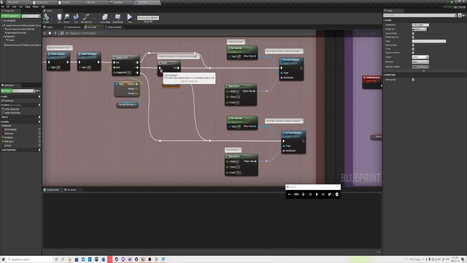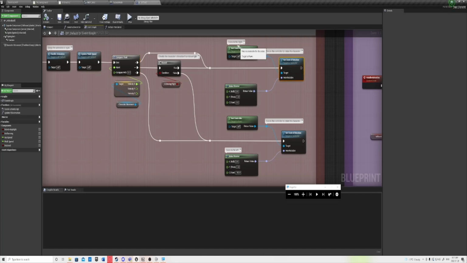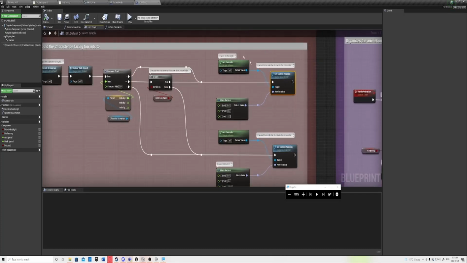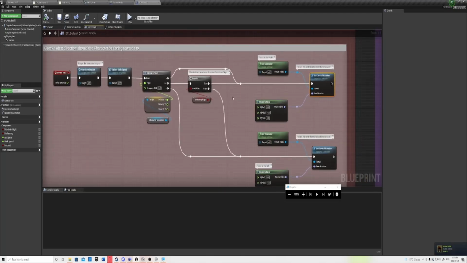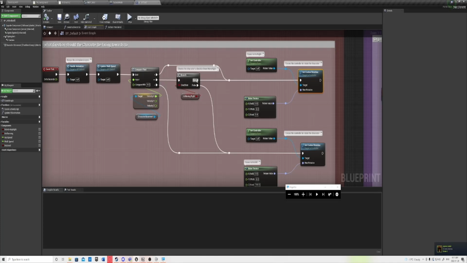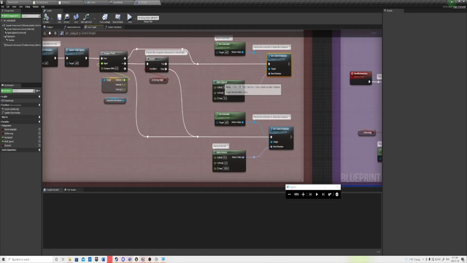If it's equal to 0 and true, it will set the control rotation to the right, because that is the default direction that the character is facing towards. So if it's greater than, this branch will return true execution. It will force the controller to rotate the character towards the right. And as you can see in the rotator, the default value is 0, 0, 0,